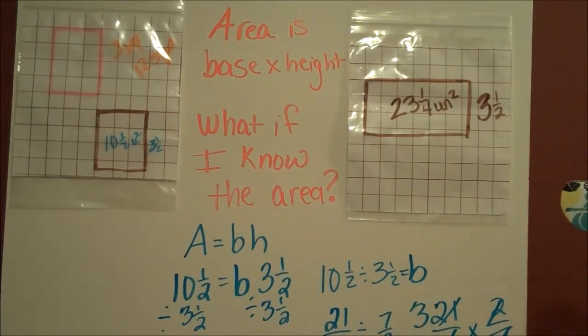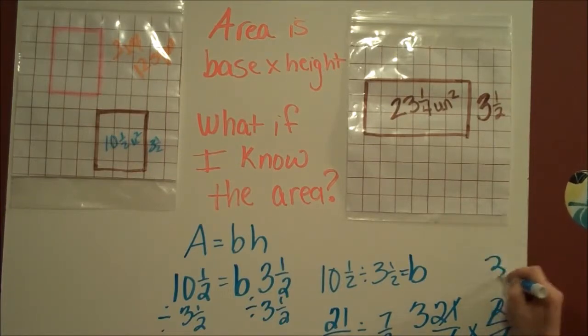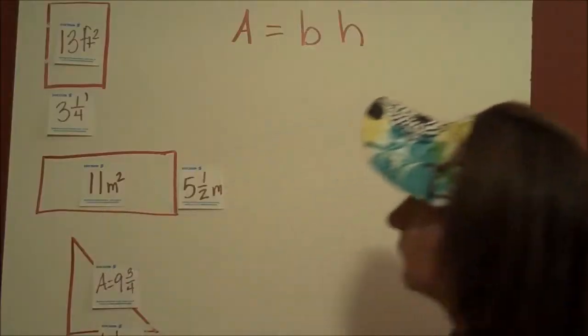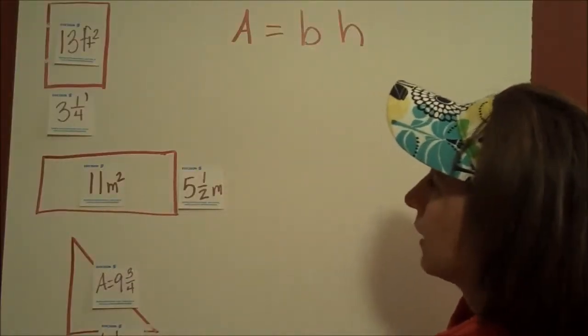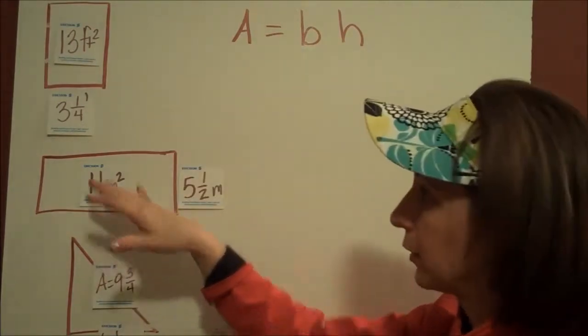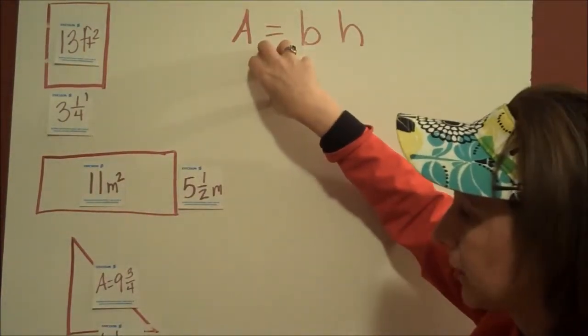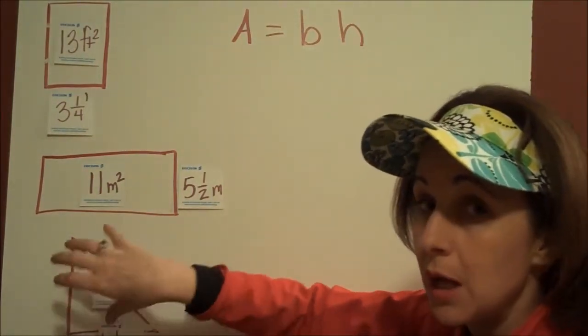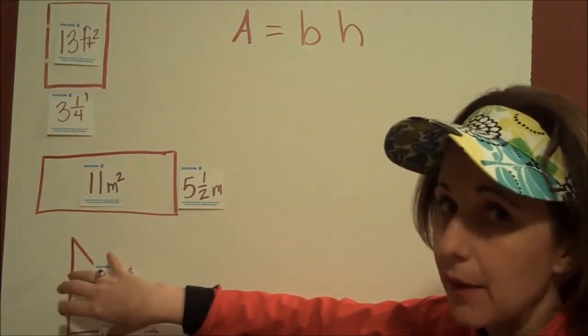Three times 1 and 2 times 1, or 1 times 1, and the answer is 3. 3 is our missing. If you'll notice, I have 3 shapes here. We're going to do these 2 because this is the formula for these shapes. When we get to a triangle, we're going to review the triangle formula and then see how that changes when